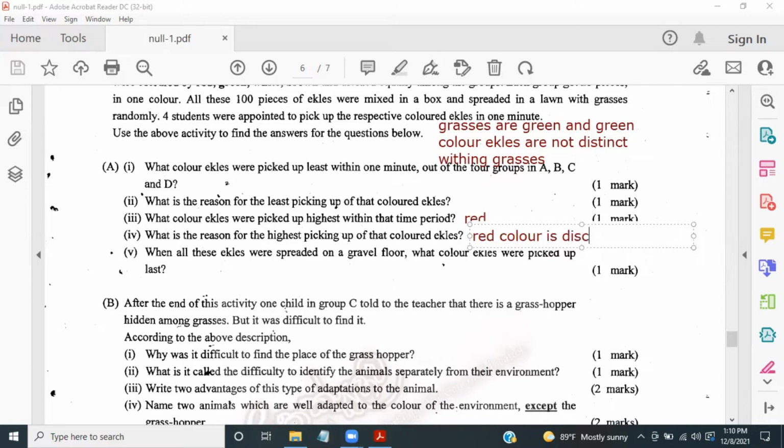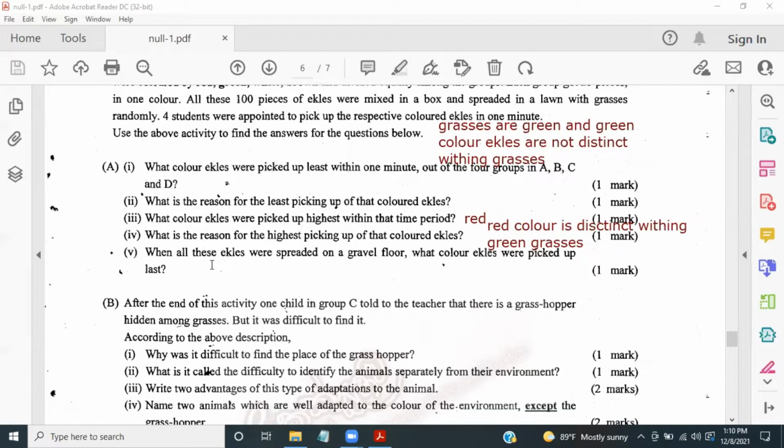is distinct within green grasses. Red color is distinct within green grasses. This is the answer. When all these ickles are spread on a gravel floor, what color ickles are picked up